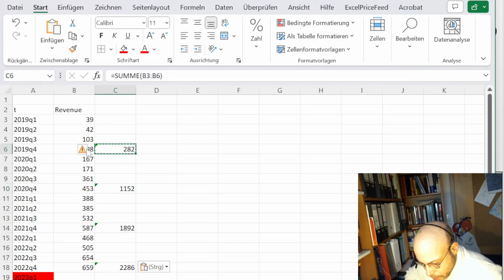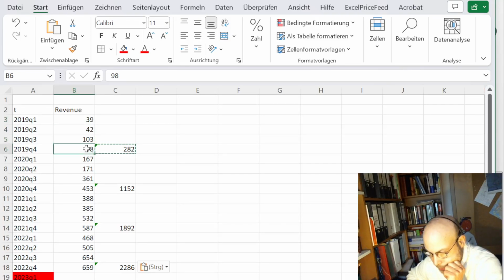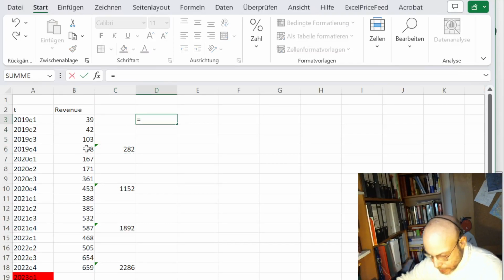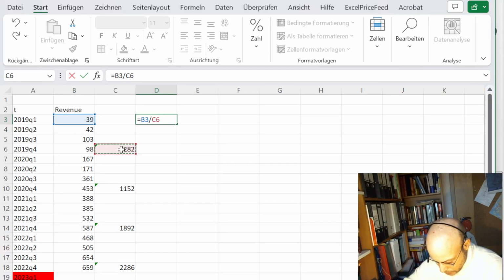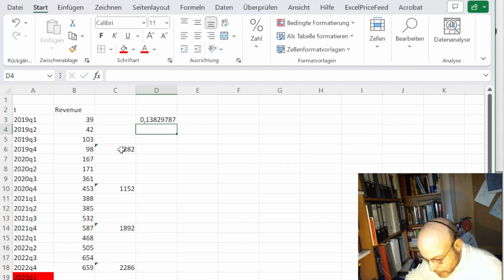And then we want to calculate always how much percentage 39 is of the total revenue of the year, 282. So we calculate this one is 39 over 282 and F4 with the two dollar signs,